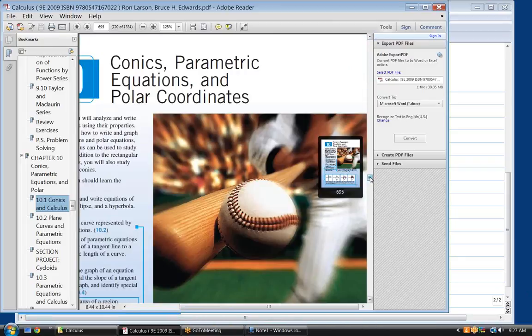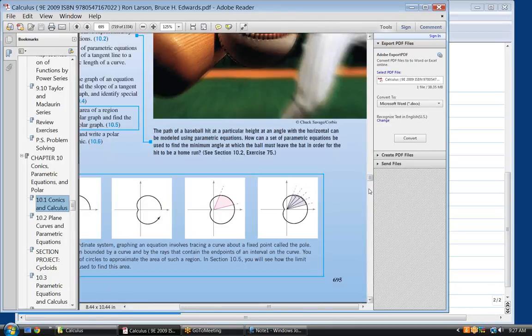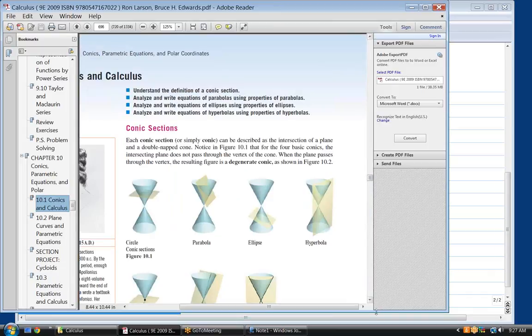Okay, the top, gosh, this thing is so sensitive. I can't hardly touch it without,